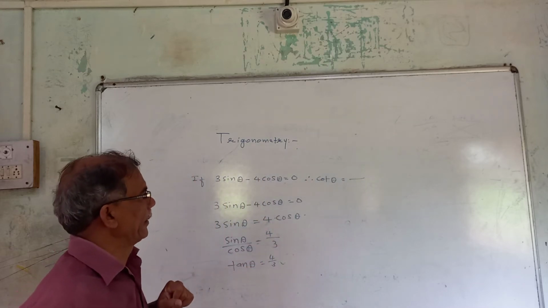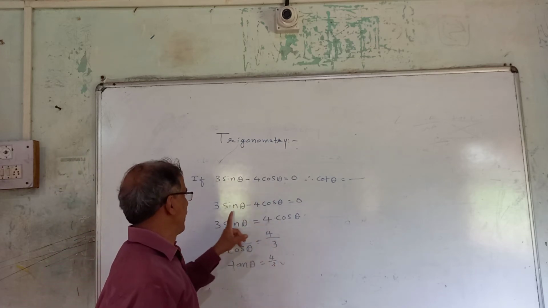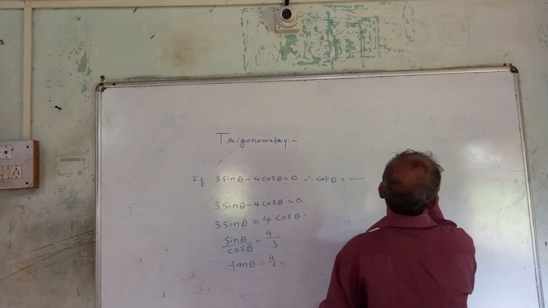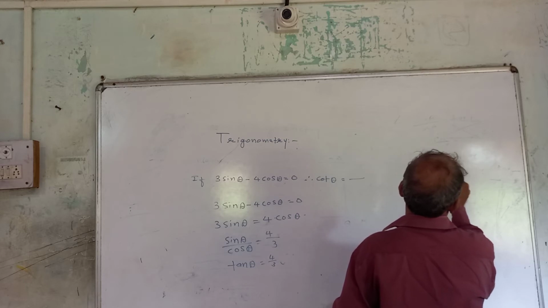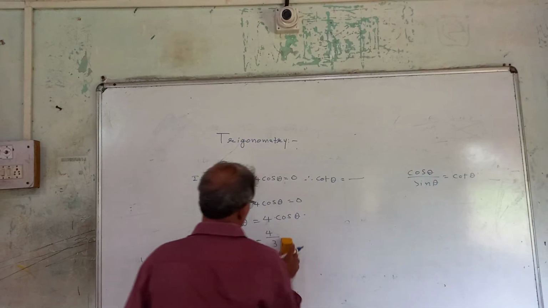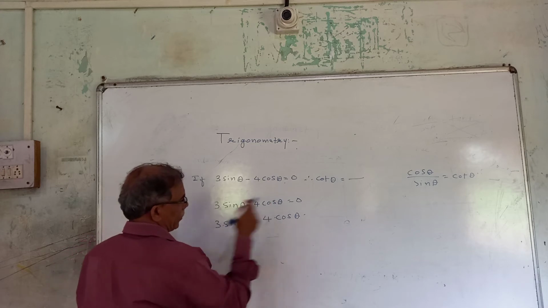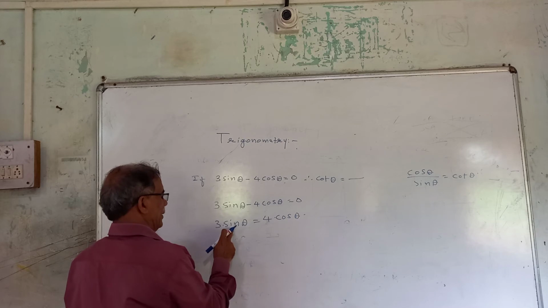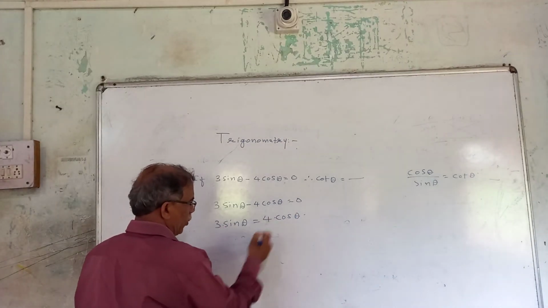Now if cot theta is asked, first you should know that the ratio should be on both sides of the equality sign. So take that to the right hand side. And cot means what? We can have cot theta if cos theta upon sin theta is equal to cot theta. Isn't it? So what you will do now? To obtain cos theta upon sin theta, this into now you have to transfer here. Isn't it? So if you are transferring this ratio to the right hand side, the number will come to the left hand side, into 4 will come here.